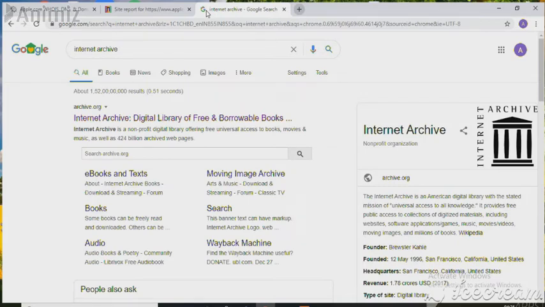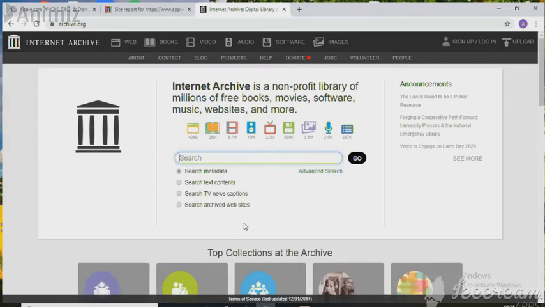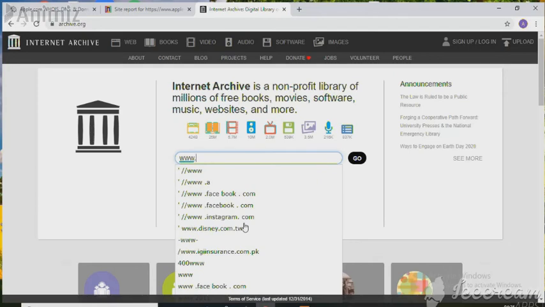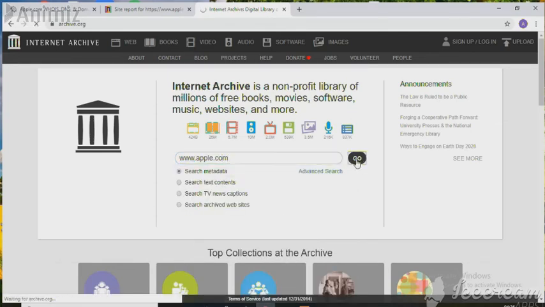It is present on the internet somewhere. To check it, we have a website internetarchive.org, also known as the Wayback Machine. So in the search bar type the DNS name, that is www.apple.com, and go.